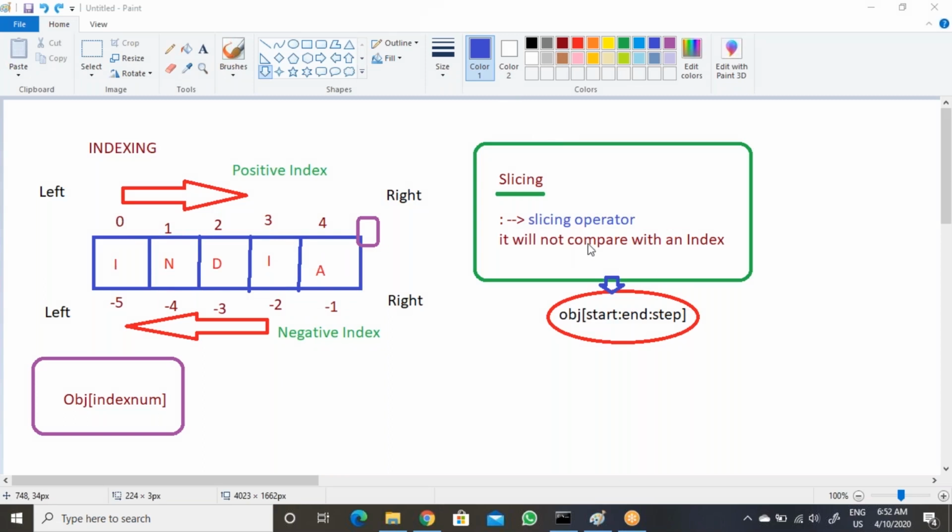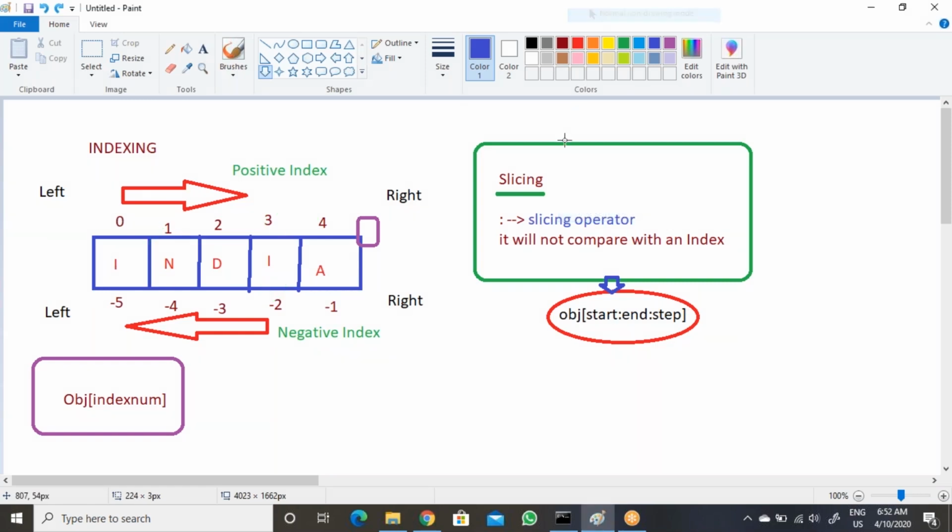Same thing, 1, 2 will be there, so that means 2 is skipped. Then 1, 2 will be there. So this is the approach to get the value, and IDA is coming.